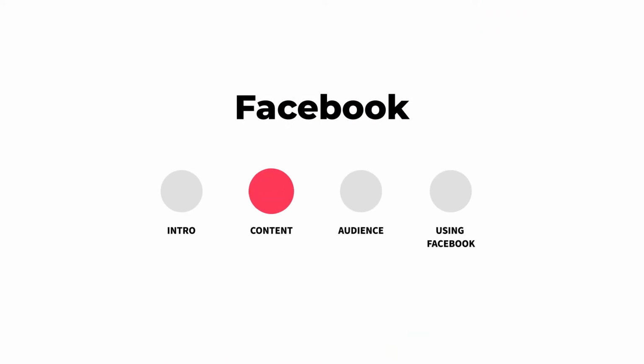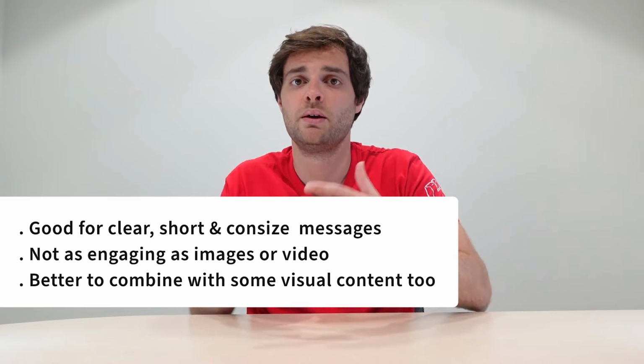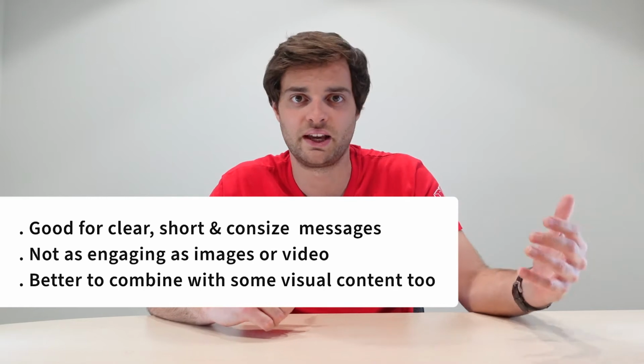Facebook is suited for different types of posts. The main ones nowadays are text, images, video, and links. So let's start with the text. That's a Facebook status post, and it was the original type of post that you could do on Facebook, so without images, videos or links, but that was back in the day. Nowadays, of course, you can do more things, but still you can choose to only post text on Facebook. That's good if you have a clear and concise message to convey to your audience, but otherwise it won't draw as much attention as any other type of content like images or video, and it won't drive as much traffic to your website.